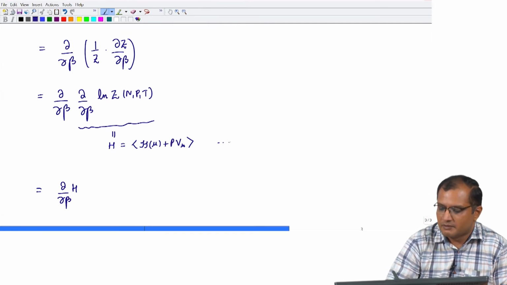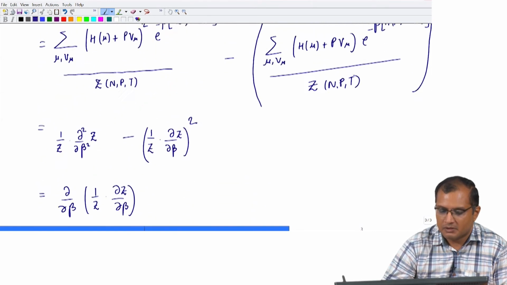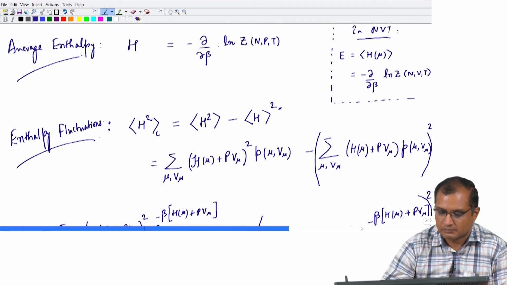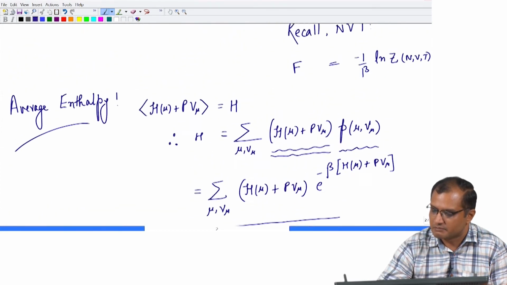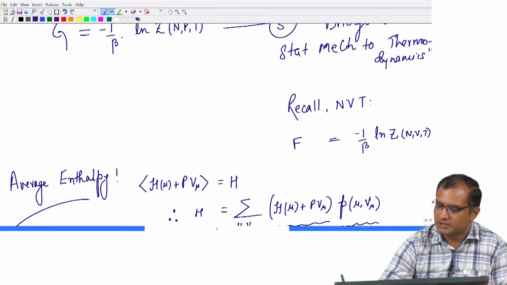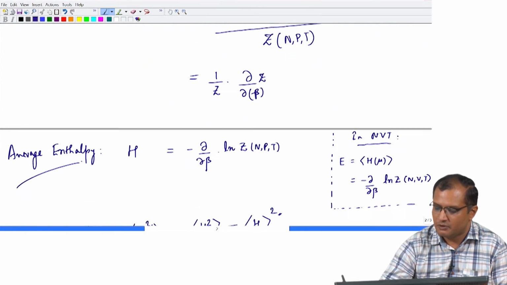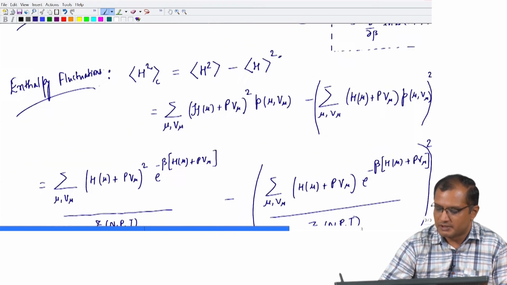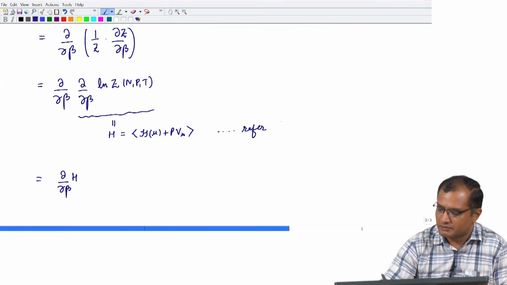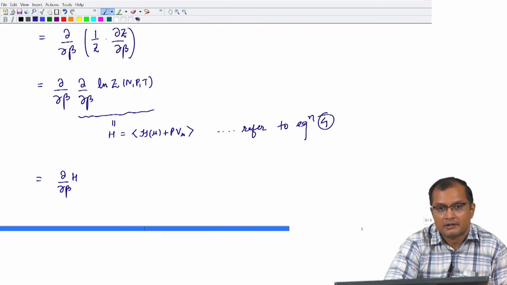So, if you refer, let me put the equation number. Have I named it? No, I have not given an equation number. We have given 1, 2, 3. So, let us call this equation number 4. So, refer to equation 4. Beautiful result, because what you see in front of you is that the